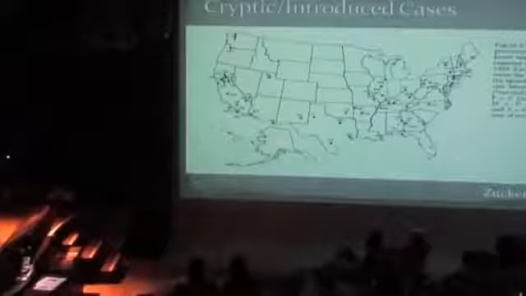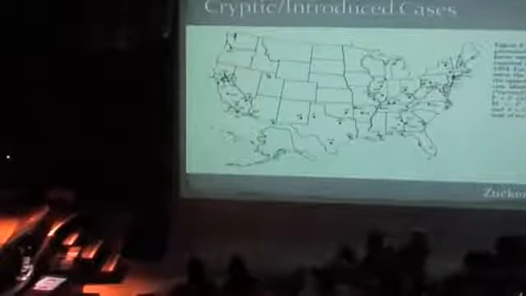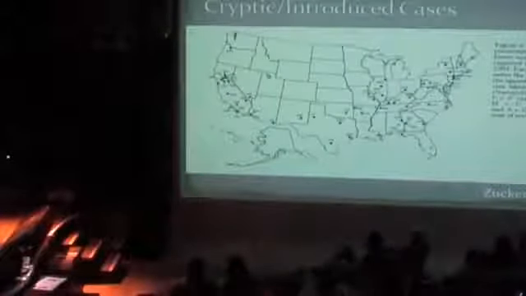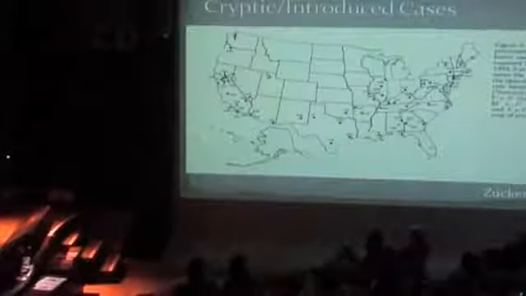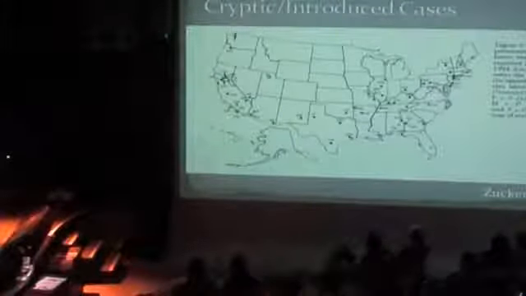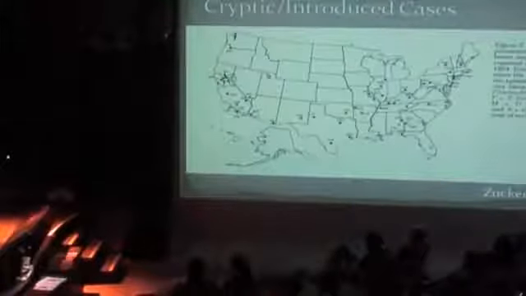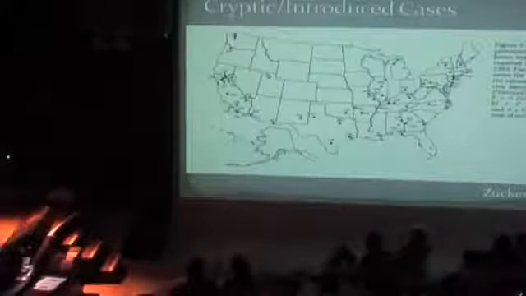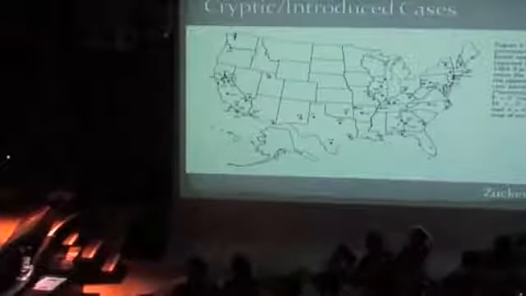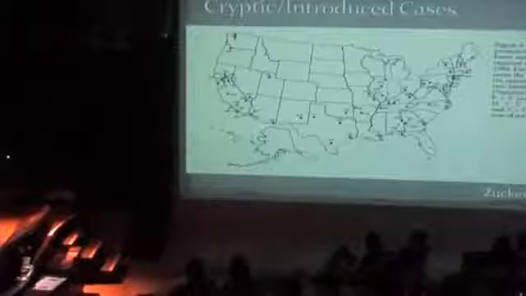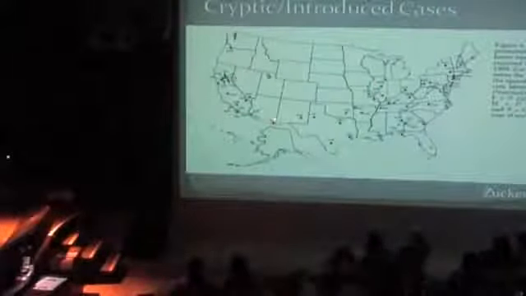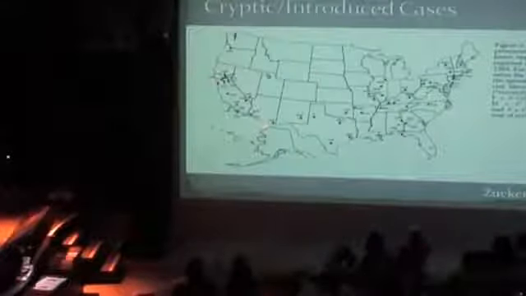Well, these are recent cases of malaria in the United States from 1957 to somewhere in the 1990s, 1994, from a paper by Zucker in 1996. If you'll notice here, we had some cases in Houston. A couple of homeless people got malaria, and it was thought to be autochthonous, meaning transmitted endemically. They didn't travel outside of Houston, they got it in Houston from mosquitoes. And you'll see that these patterns of malaria contraction, where you catch it,